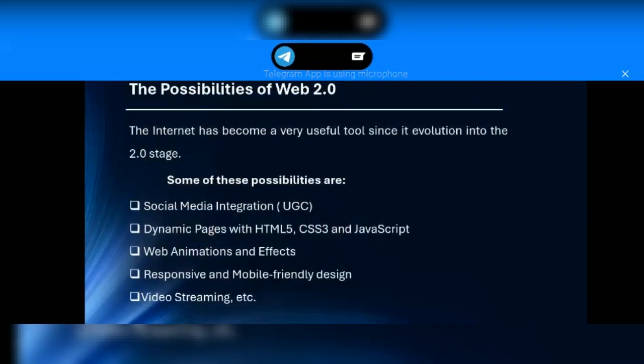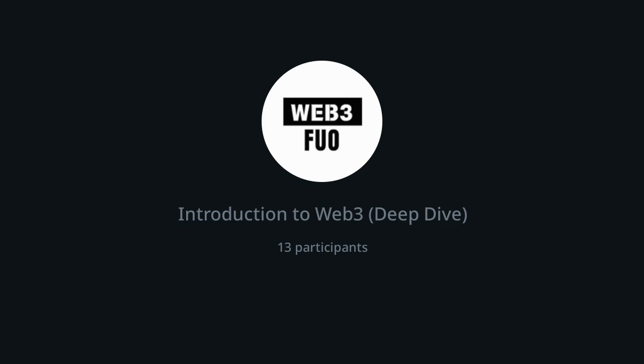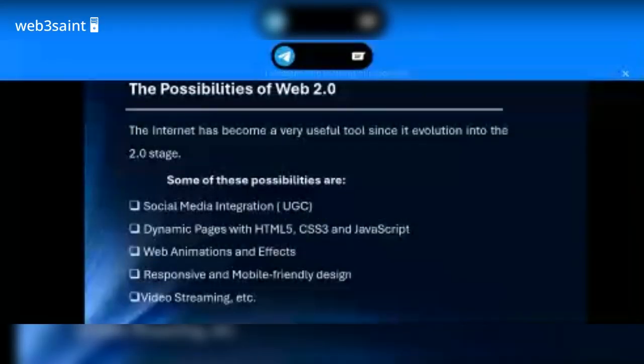The possibilities of Web 2.0. The internet has become a very useful tool since its evolution into the 2.0 stage. Some of these possibilities are social media integration and user-generated content. Now we have social media platforms. We can comment, share, do whatever we want, stream videos and all of that. Dynamic pages with HTML5, CSS3, and JavaScript. If you're a technical person,